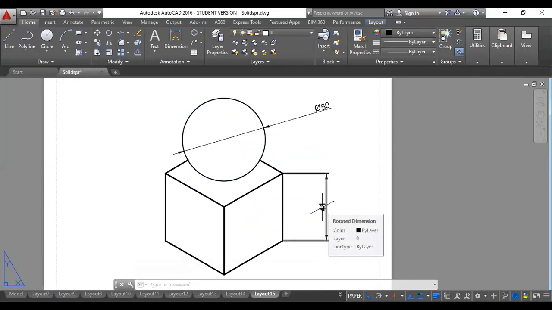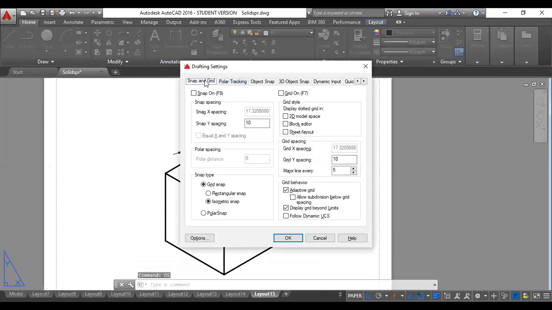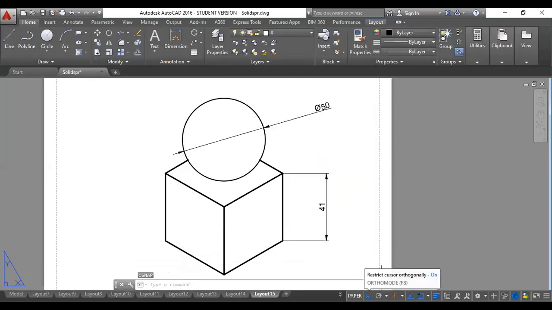Okay, so I'll repeat once again important things to remember. If you want to come to isometric mode from rectangular mode, you'll go to OSNAP settings, enter, go to snap and grid, change from rectangular to isometric mode. This is first step. Second step, always switch on the ortho when you are doing the isometric drawing. Third step, once the drawing is done, reduce the drawing from original length to isometric length. And final step is to highlight the solids.